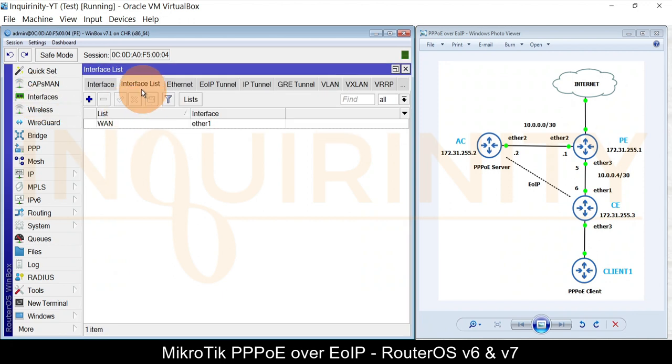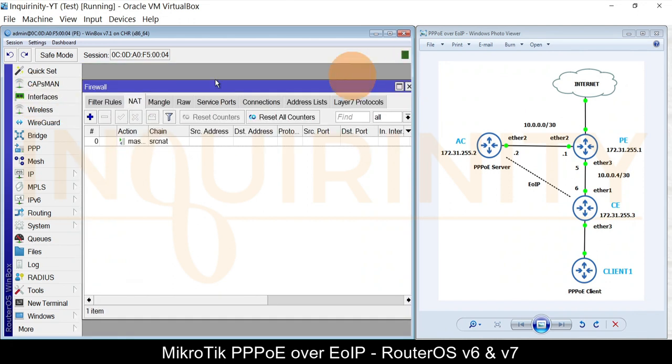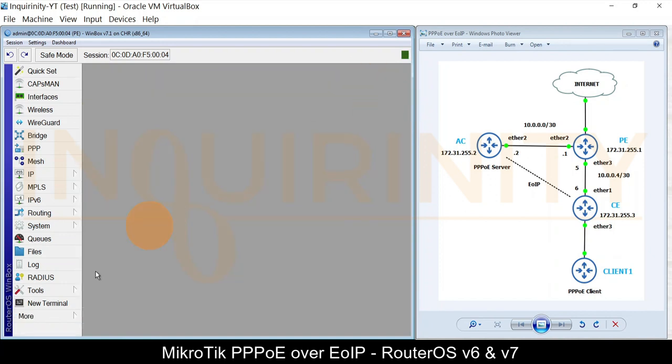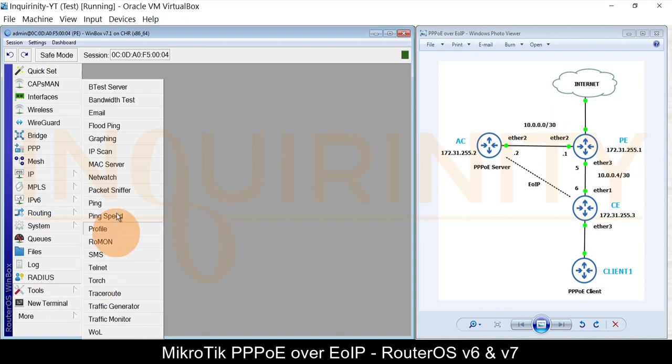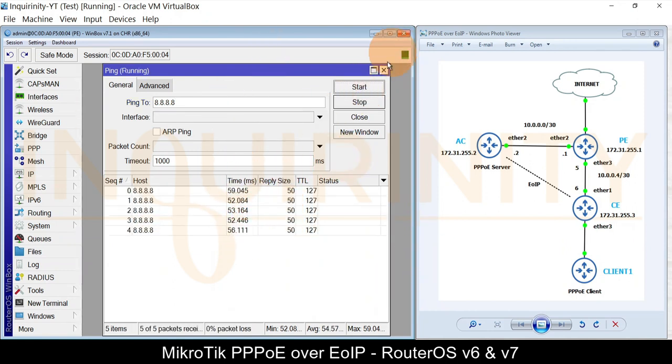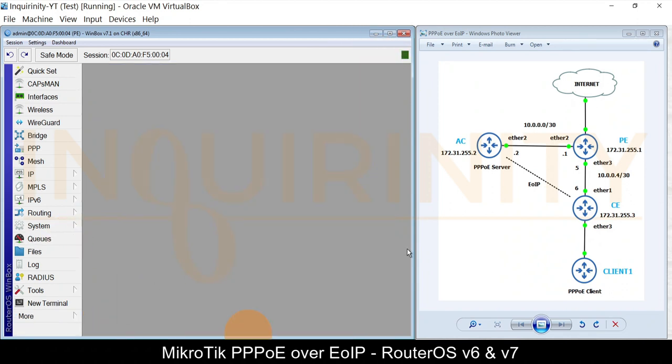So let's just double check. Ether1 is included. We have an IP address on Ether1, and let's do a ping, the tools ping, on quad 8. And yes, we have a connection, and you notice the millisecond or the time difference on our